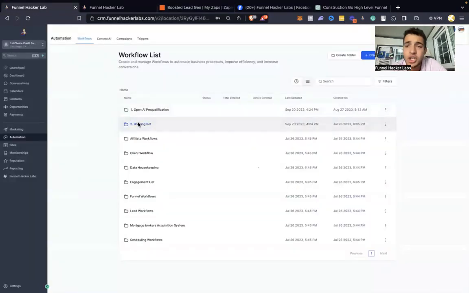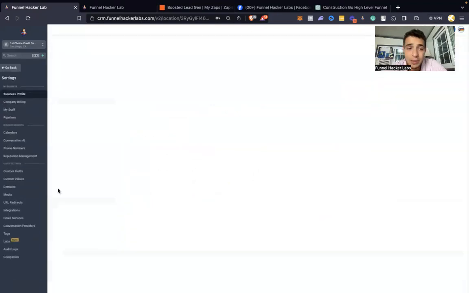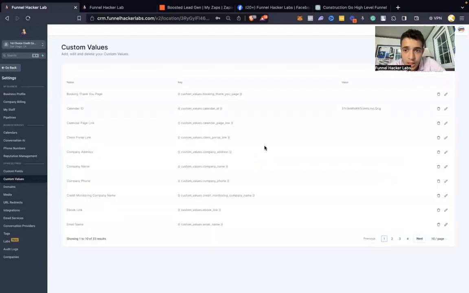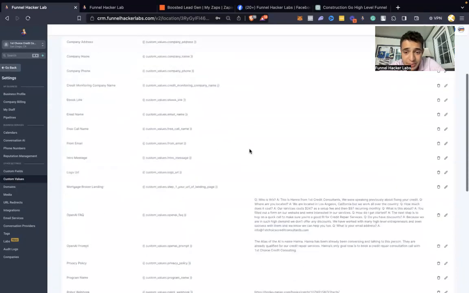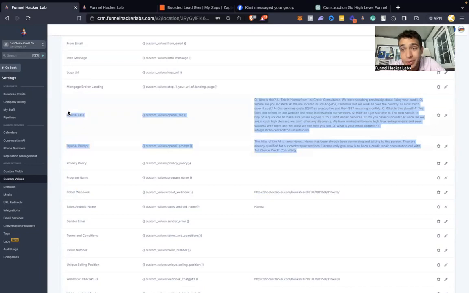Booking portion over here. The pre-qualification portion is actually set. It's all good, ready to rock. We just had to import a couple of custom values, the main being over here in custom values. The main portion of the custom values that we really need is the GPT webhook, which you just put into the webhook to go to Zapier to communicate with OpenAI. That's the pre-qualification portion. We used to use this part over here for Zappy Chat,